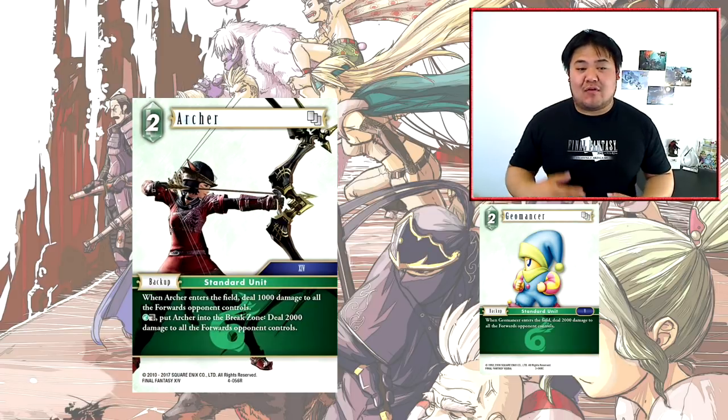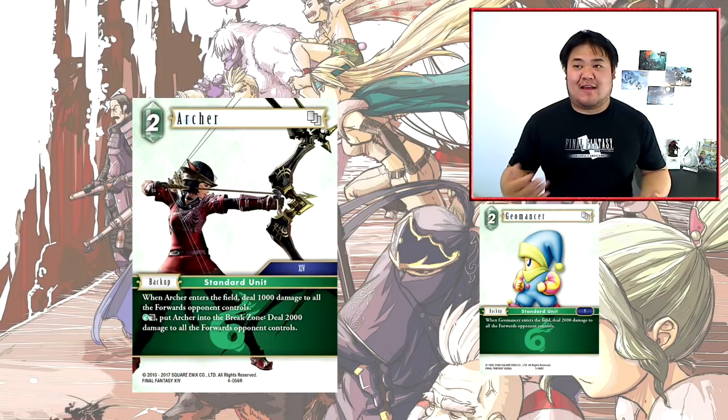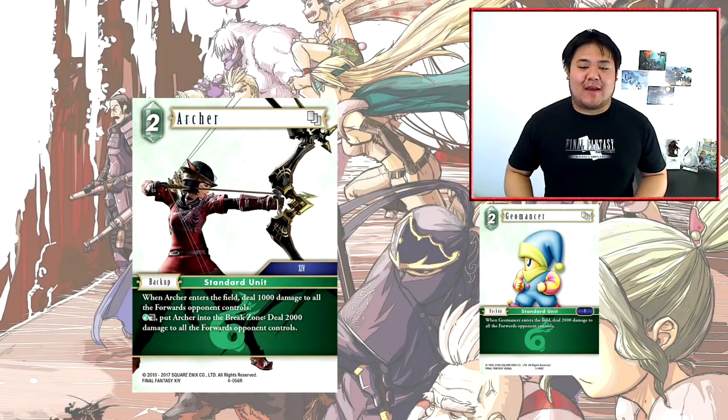So it means if your guys were just 1k short of finishing, then Archer can do that. Archer can also hit any random 1ks sitting on the field, although your opponent probably isn't playing any 1k forwards 99% of the time. But it does have the bonus that you can dull, break it to deal 2000 damage to all